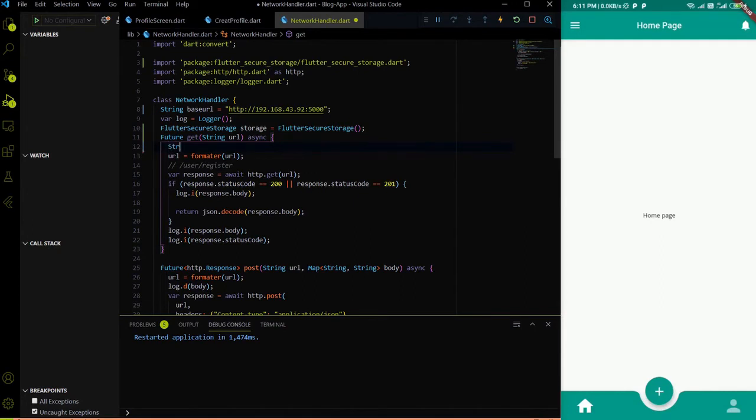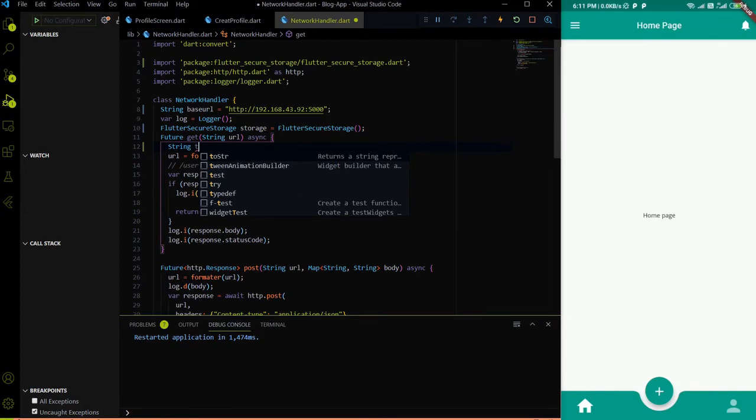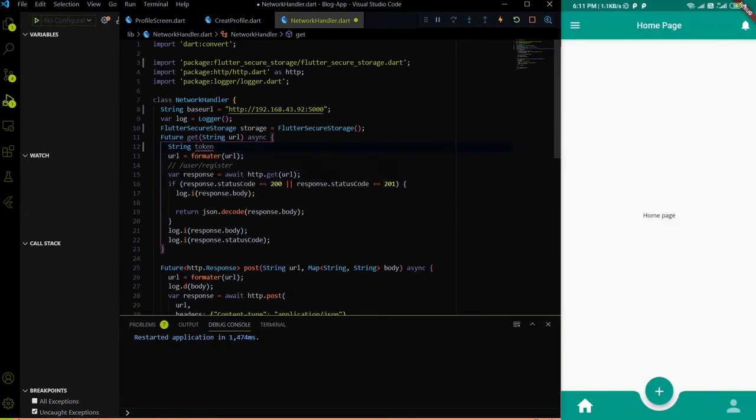So the token which we stored is a string type, and here with help of this storage instance, if we call the read and provide the token key, at the time of creating a token we are using the token key.